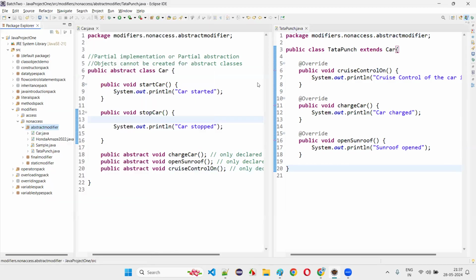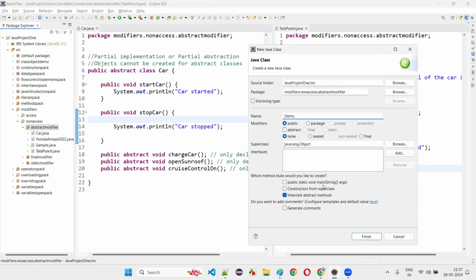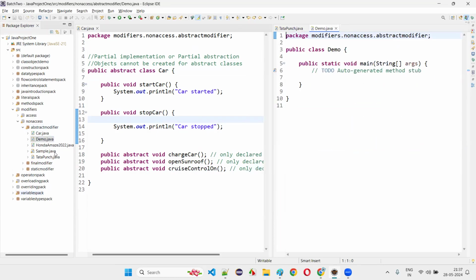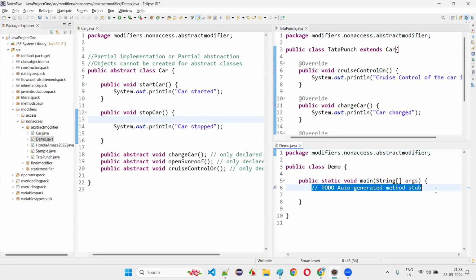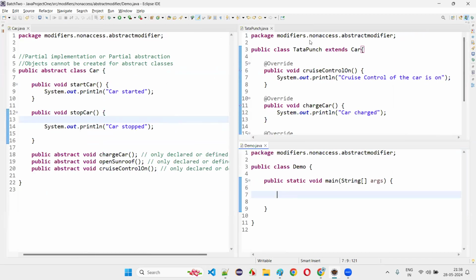I'll just create a class known as Demo class, Demo with main method. I'm creating it with the main method. Okay, save this. And here,